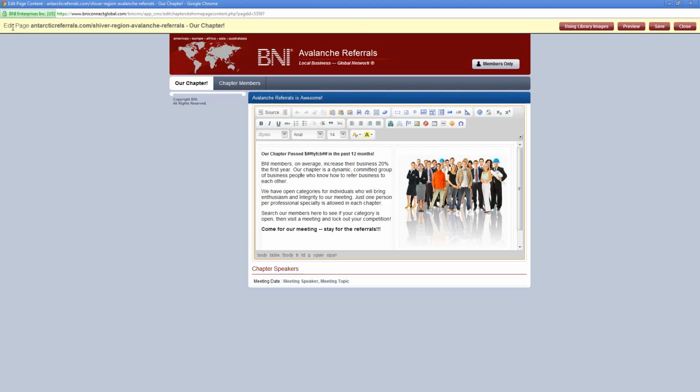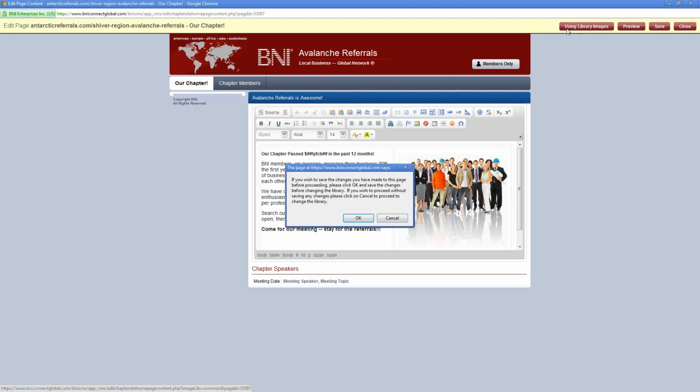Up along the top, we'll see this yellow bar as well, and this yellow bar tells you what you're doing. We're editing the page. We're editing the Our Chapter page. A couple of buttons over here on the right-hand side, we can see right now that it says that we're using the library images. If we click that button,